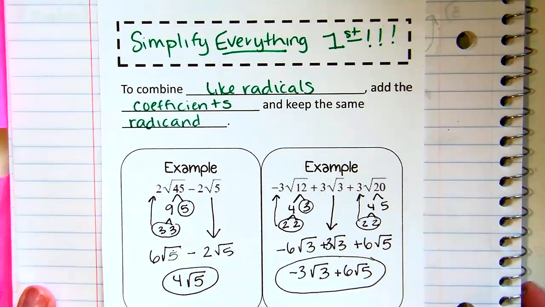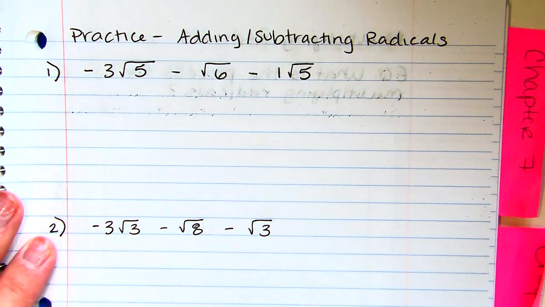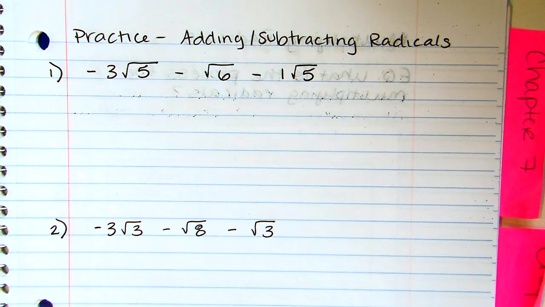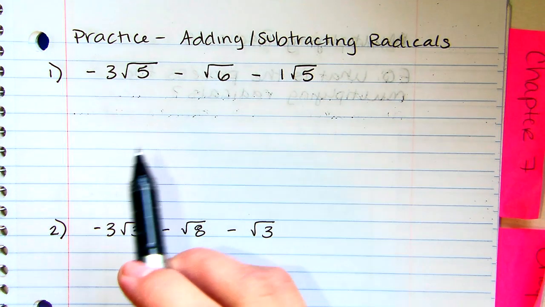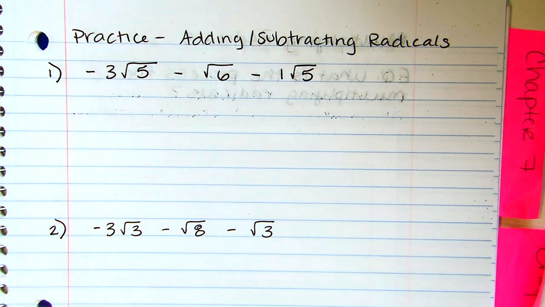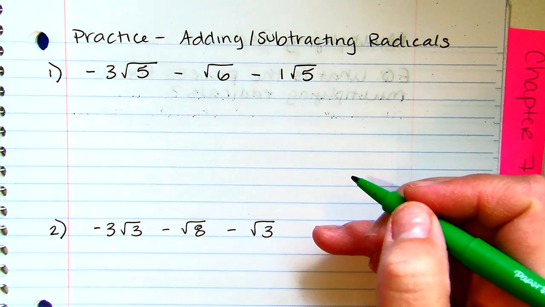Here we go. So to begin with, we are going to start out by practicing once again our adding and subtracting of radicals. Here I have negative 3 root 5 minus root 6 minus 1 root 5. So let's get this going. Let's first see if we can simplify any of these here. Remember, our first step that we always want to look at is simplify. So I'm going to rewrite those steps over here on the side. Okay. So my steps, once again,